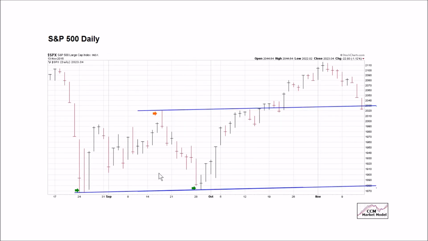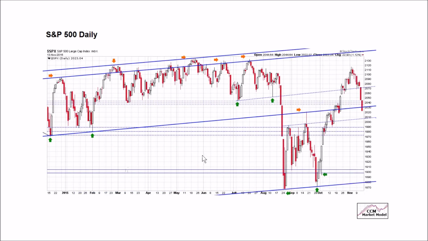This was the lower end of the range that we were watching for several weeks. This is September, this is October, this is a bullish breakout, and this is now a failed bullish breakout. From this point here, the market fell rapidly in this direction. All things being equal, if you're a bull, you prefer to see price recapture this line here. It did not on Friday, and it closed below it. This version allows us to see the lower and upper trend channel. That's an ugly looking candlestick.